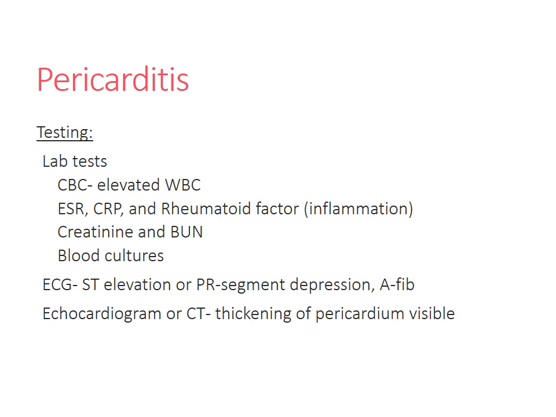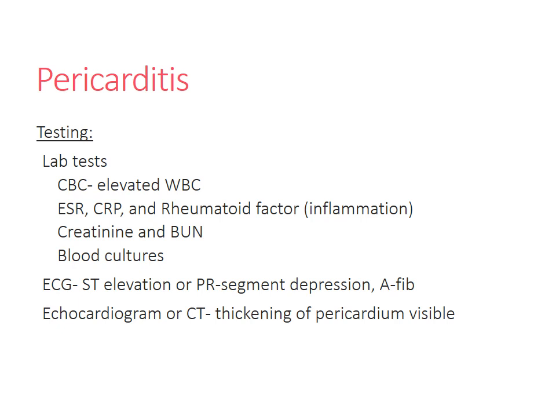We are going to want to do some labs for our patients with suspected pericarditis. We can do a CBC. We would expect to see elevated white blood cell count. We can do ESR, CRP, and the RF, the rheumatoid factor, and those just measure inflammation. They're all different inflammatory markers that we have in our body, and we'd expect to see an elevation there. We can check creatinine and BUN to make sure that the kidneys are functioning appropriately, and then we can do